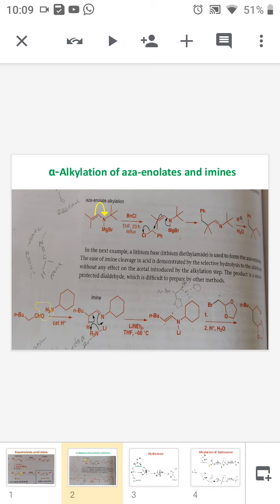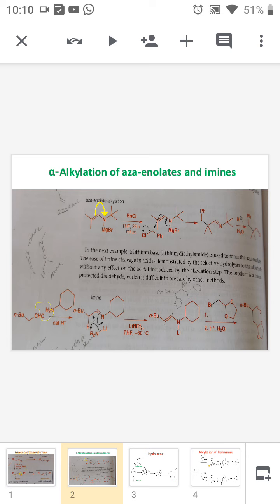Okay, this is the reaction. After the asymmetric alkylation of the aza-enolate, we are removing that bulky compound. So the carbonyl group is regenerated. So we have to keep in mind that